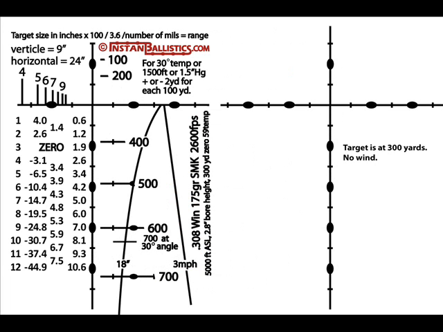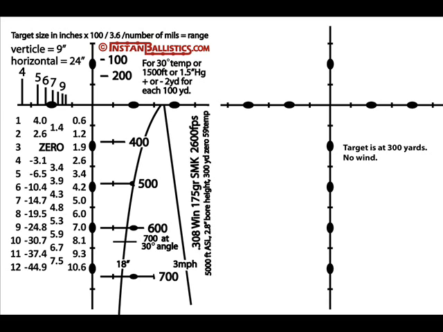Most guys are going to be looking through the scope with their right eye, and they're going to be looking at their chart with their left eye. So I have a representation of that here, and you can see on the right side of the reticle on the chart, these horizontal lines that come off to the right with numbers 100, 200, and then 400, 500, 600, 700. Those are the holdover lines